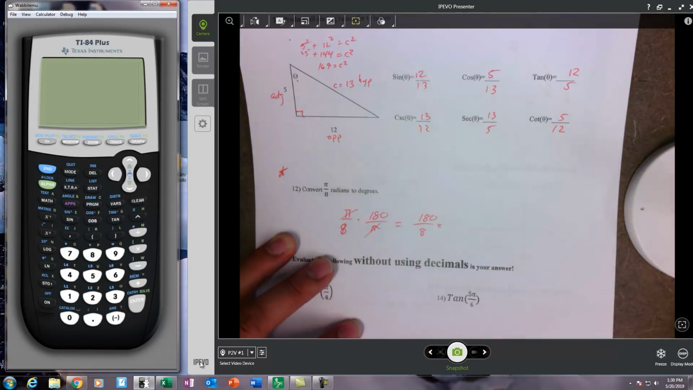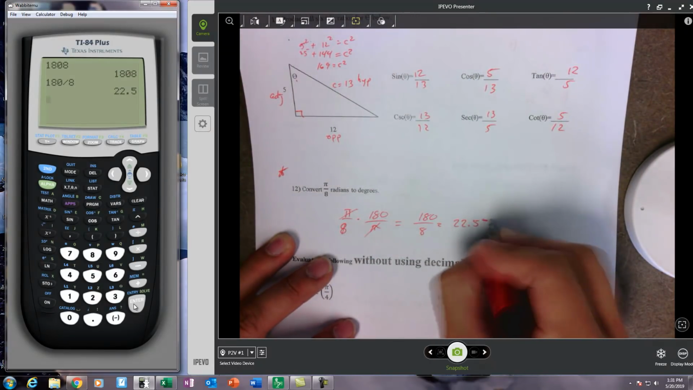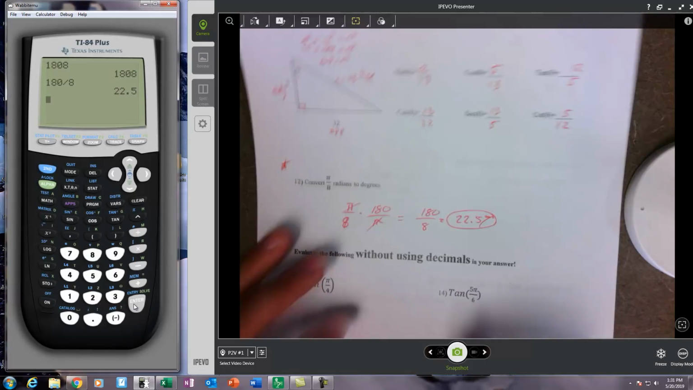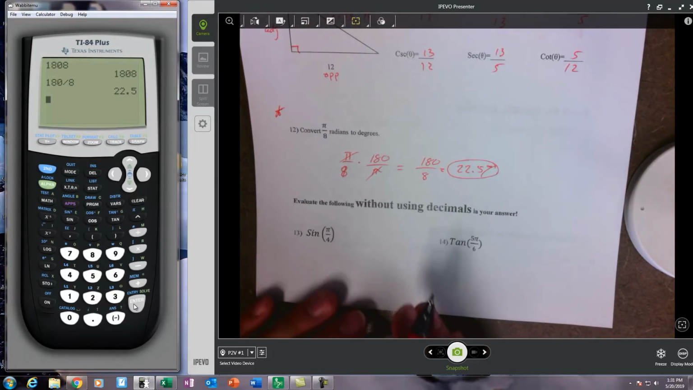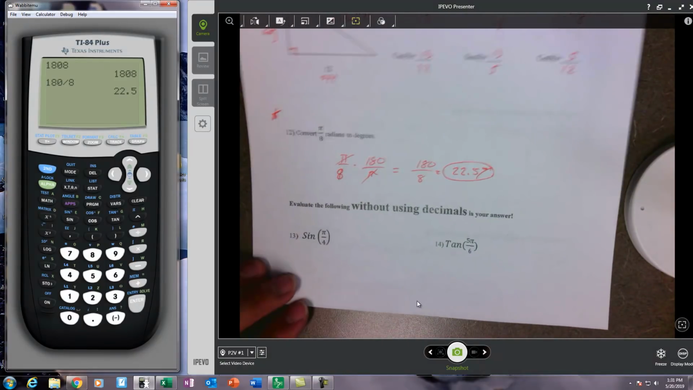Now if we put that into our calculator to get an approximation, 180 divided by 8, oh whoops, that's not right, let's try that again, we get 22.5 degrees. 22.5 degrees. Alright, now when we come to doing the sine and tangent of angles without decimals,